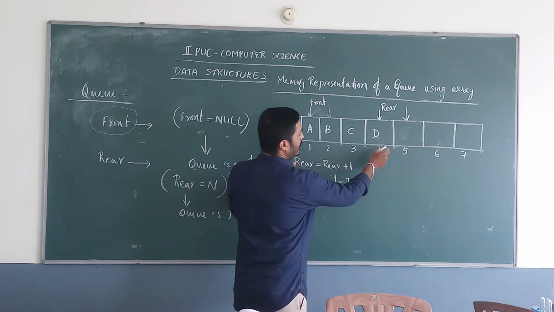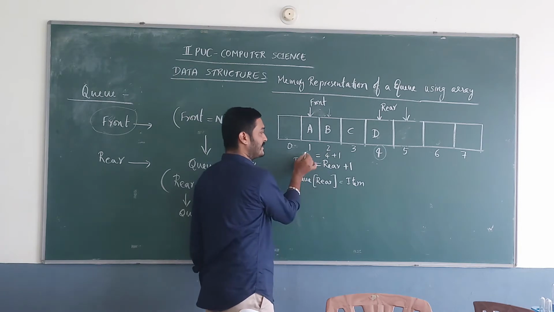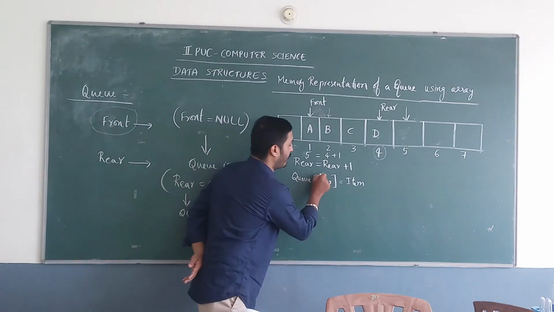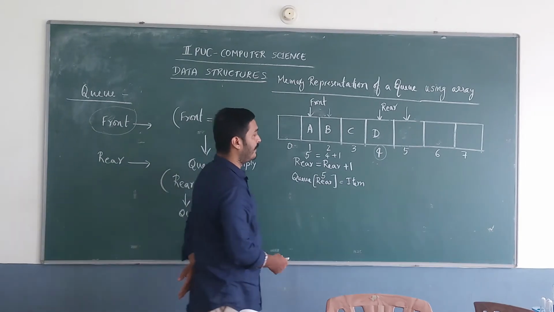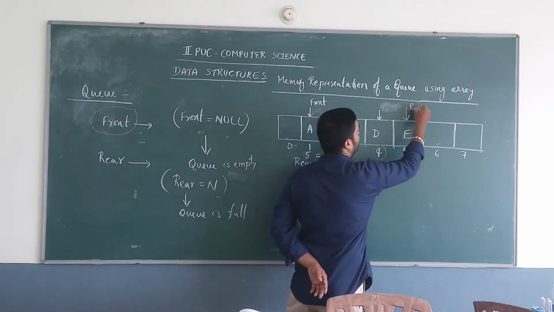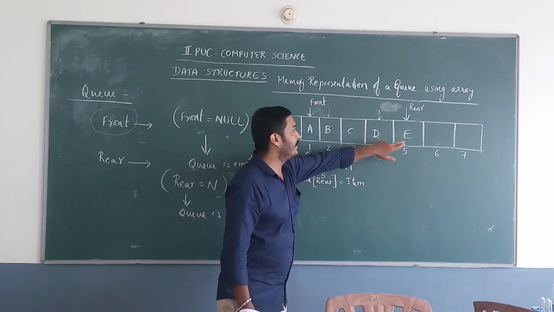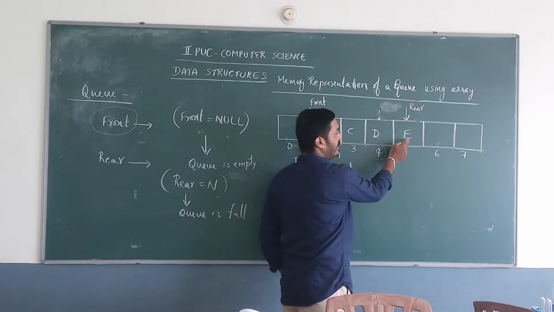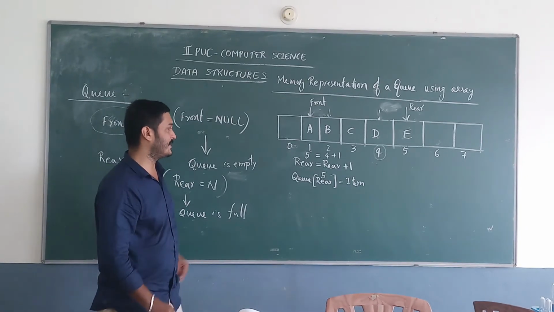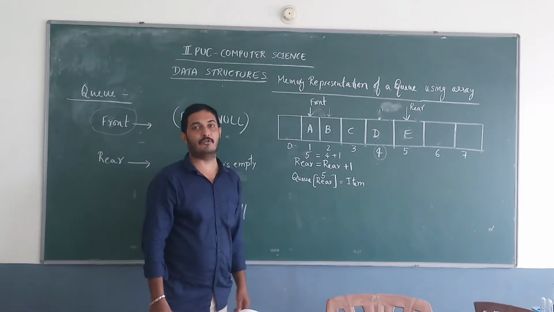Here the initial location of rear equals 4, so rear equals 4 plus 1. The latest value of rear equals 5. And Q of 5 equals the new item. So suppose the item is E, then the item will be placed in this location, and rear will be incremented by 1, and rear will be placed after this location, after D. So here rear equals 5 and its value is E. Okay, these are about Q insertion. To perform Q insertion: rear equals rear plus 1, Q of rear equals item.